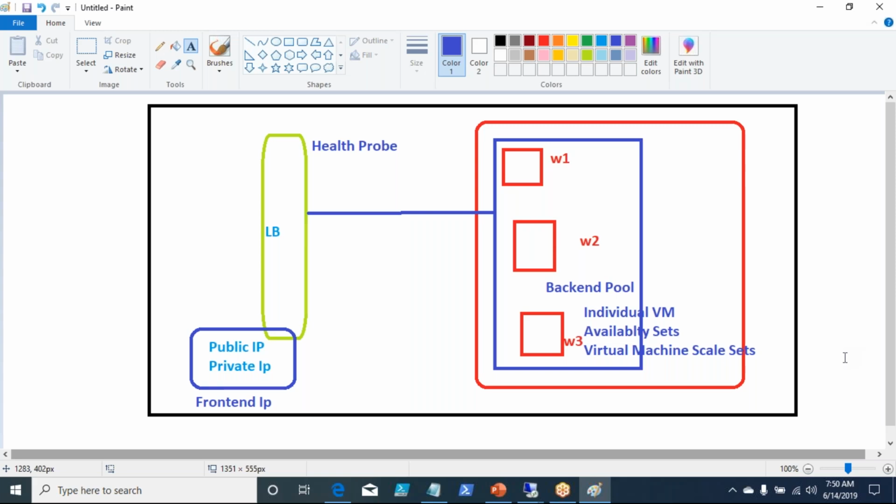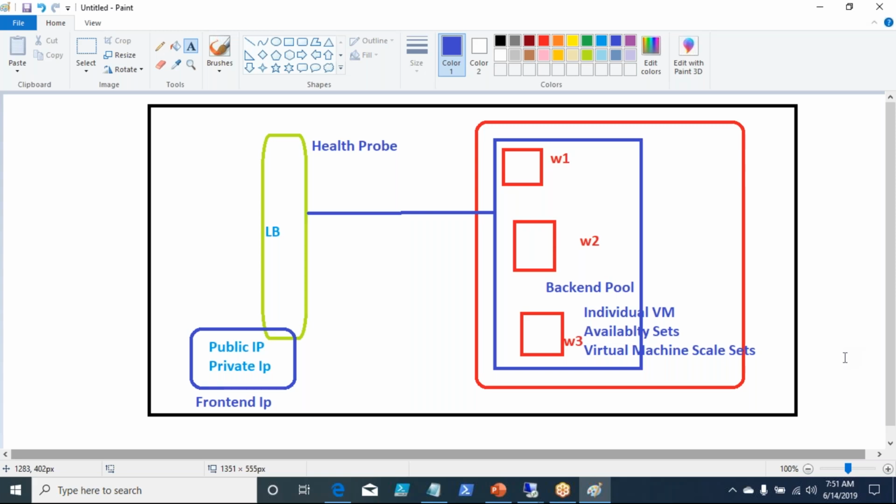For example, here you have 3 web servers. Now you want to put a solution in place when the CPU utilization of these 3 web servers hits 90% or 80%, you want to spin an additional web server, which is W4. That can be done using a solution called virtual machine scale set, which we will be discussing in our future classes.